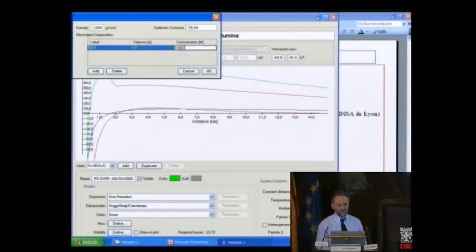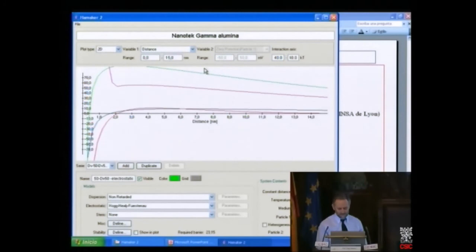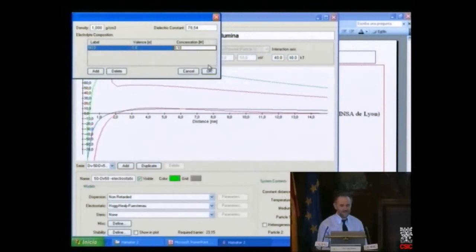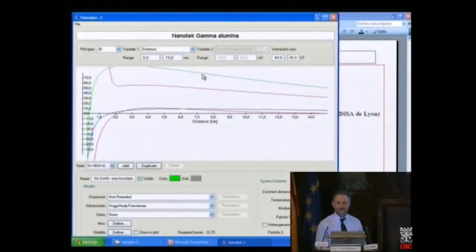we're working in very concentrated ionic medium, we're at 0.1. In this particular case, we don't have such a great effect. So it really depends on the system. But actually what we measured,